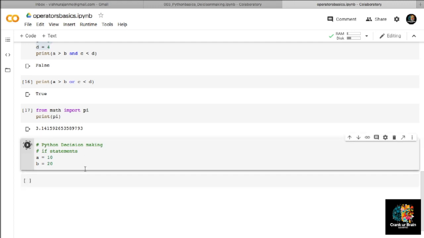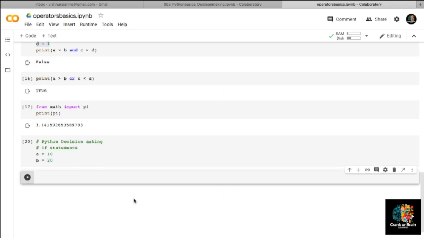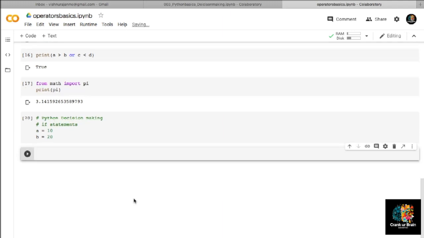It is stored. Now I will just write a program. In decision making we can use many decision making statements like if, else, etc. Okay, so first of all we will start with the if statement. So how to do that? First of all I will type in if, then inside some brackets I can type in A is less than, say, B, and I will be giving a colon.